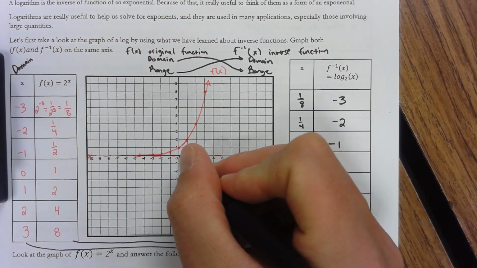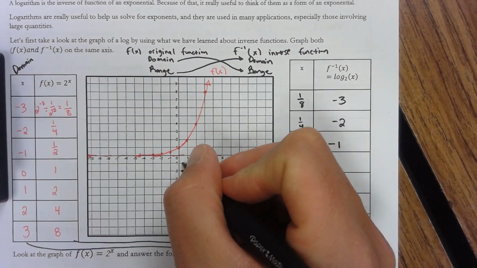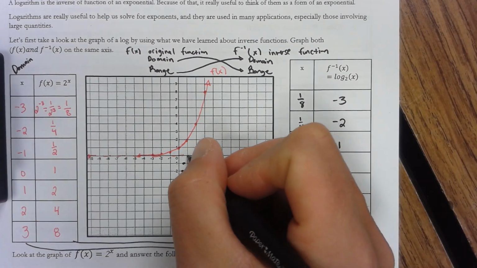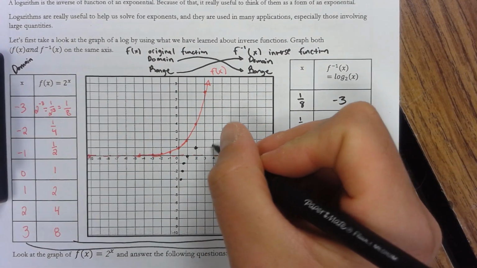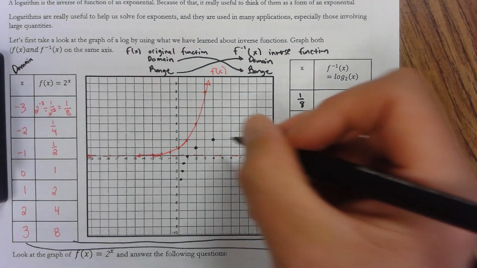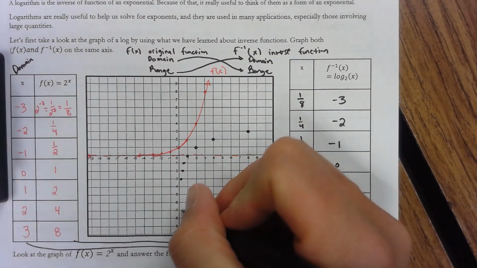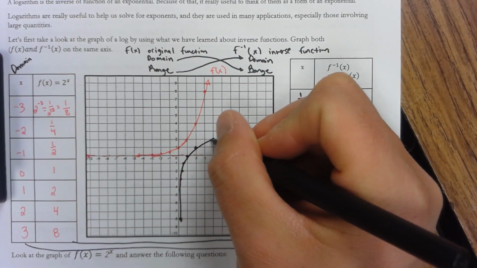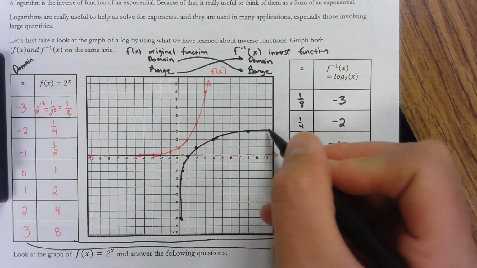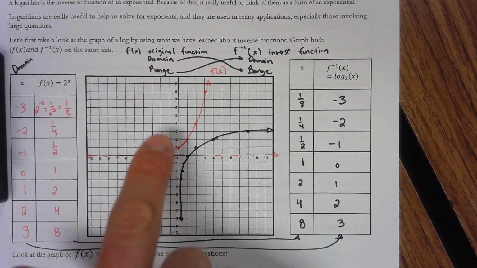Then 1/4, I'm going to go a little bit more to the right and now down to -2. 1/2, I'm going to go halfway and then down 1. I got 1, 0, 2, 1, 4, 2, and 8, 3. 1, 2, 3. And if we were to graph this, it looks like that. Okay, which is a very similar shape, just rotated or reflected based on the